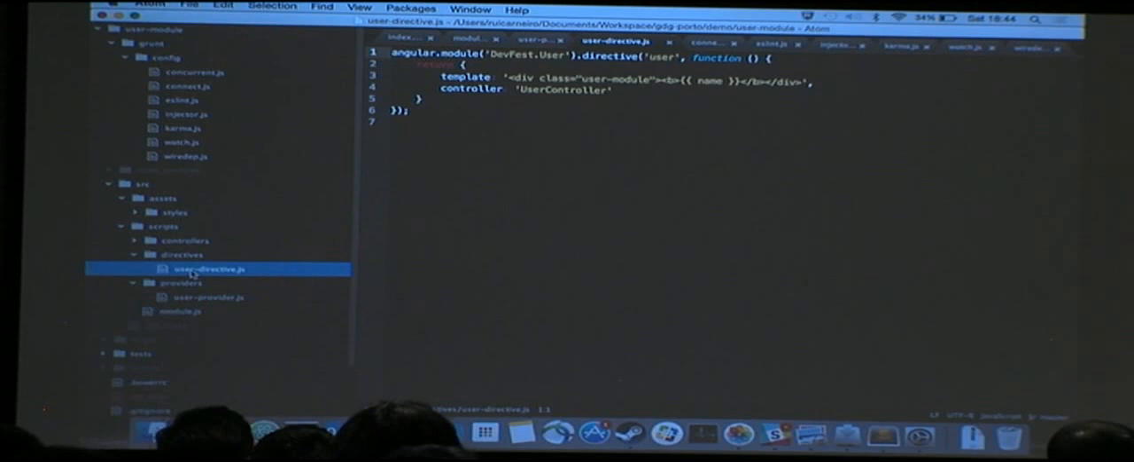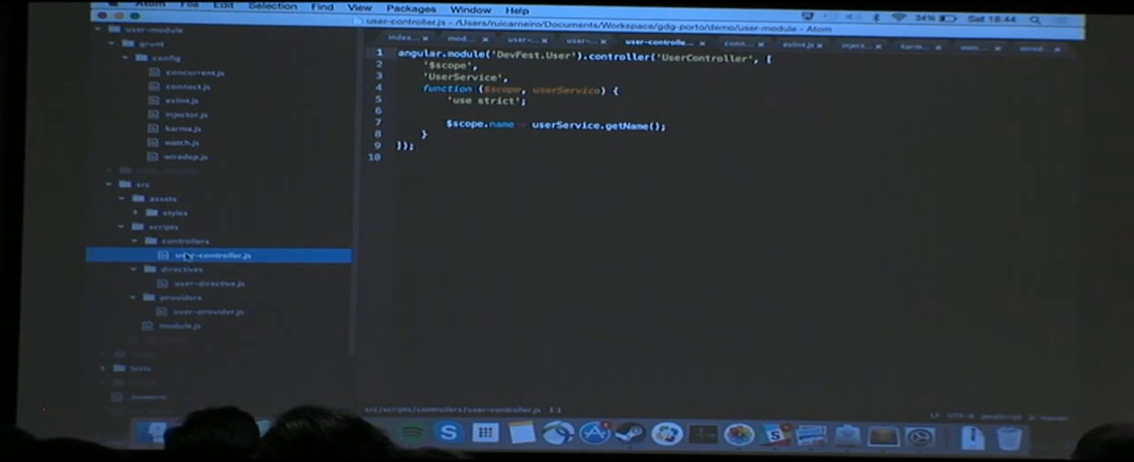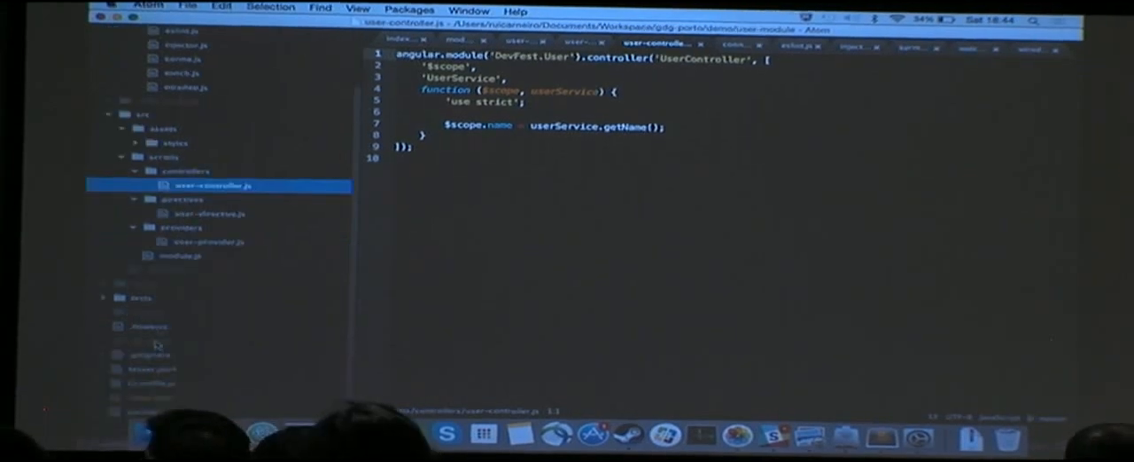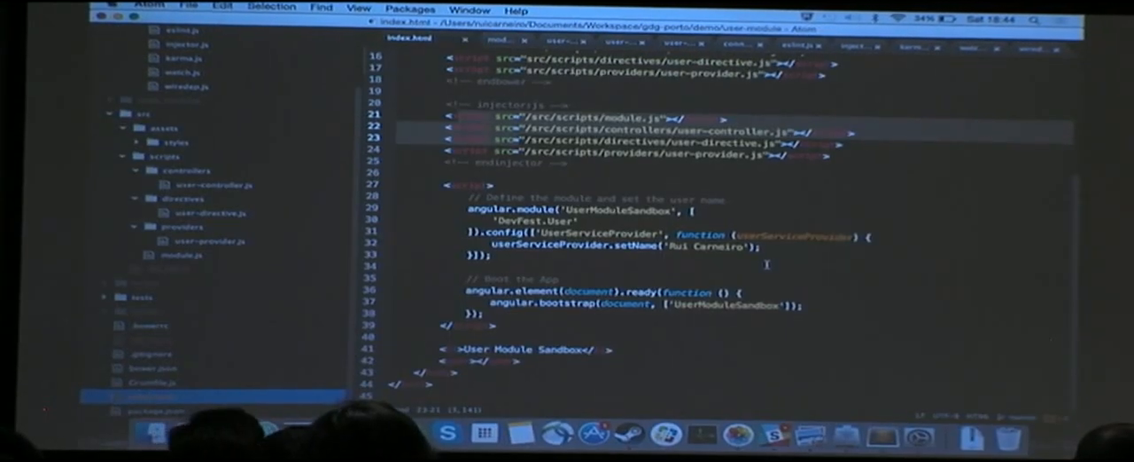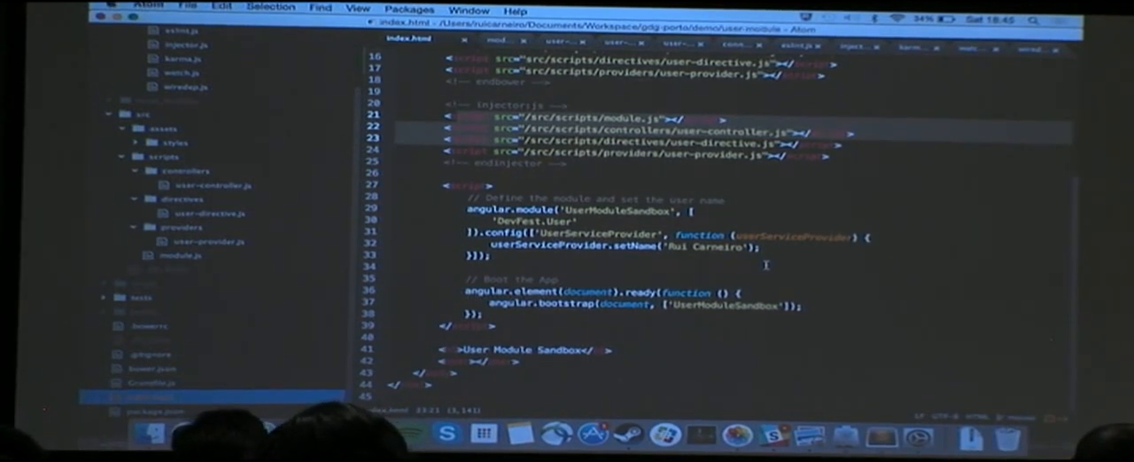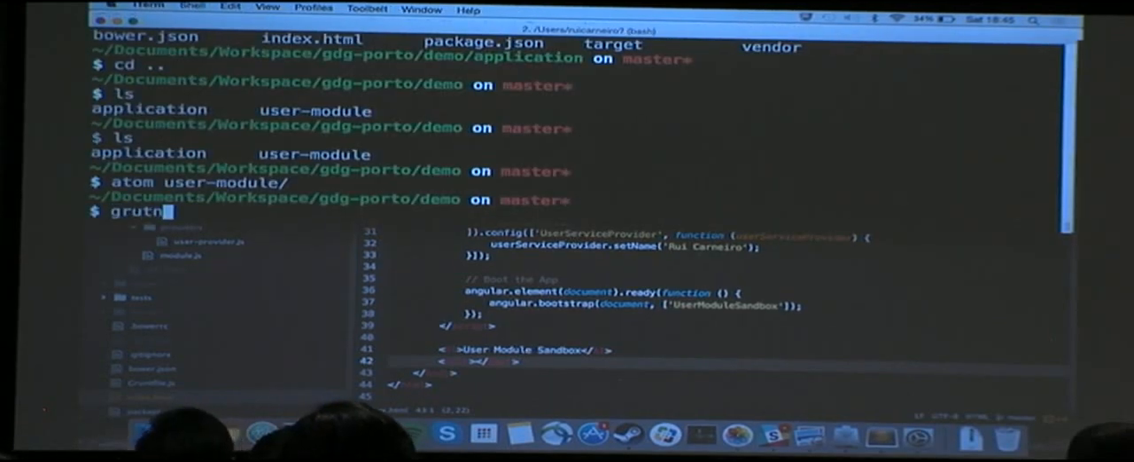I have a directive, just like the previous example. It's a template that writes my name in a B tag. And I have a controller that only sets the user that my service retrieves on the scope of my view. So this is the case. On my config phase I set the username to Carneiro and then bootstrap my app. And here I have the directive that I created before. So I should be able to